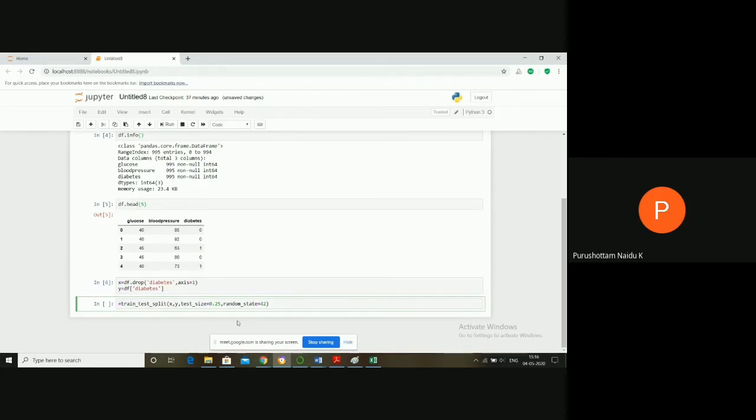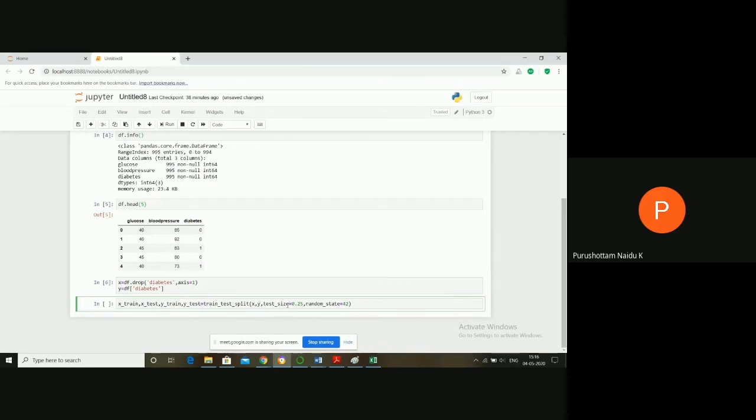Now the output of this train test split we have to maintain as x underscore train, x underscore test, y underscore train, y underscore test. Whether we use an ML technique, a deep learning technique or a neural network technique, to build a model we definitely use the train test split method.